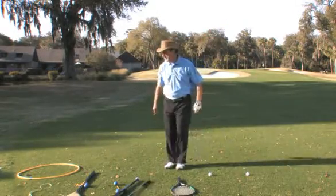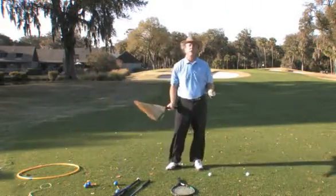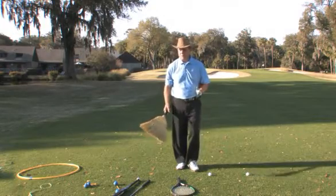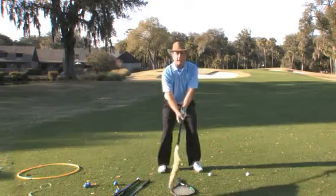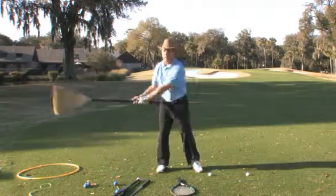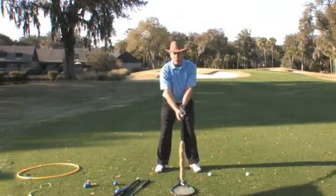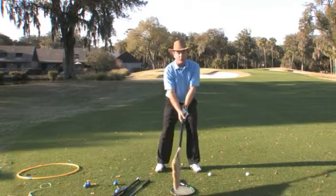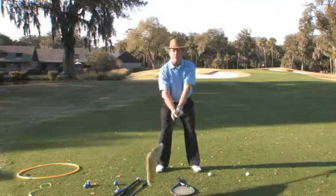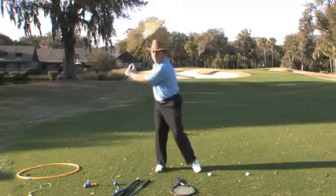Let's think of something else here, okay? I like to use this. Say this after me: big muscles, not little muscles. Okay, big muscles, little muscles. If I start the golf swing with my hands, the broom is heavy. But if I start it with my body, the broom is what? Light, yes. So again, you don't pay attention to this with that light club. It weighs 13 ounces. This broom might weigh 4 pounds. If I did this all day, my arms would get tired real quick. But if I turn my big muscles,